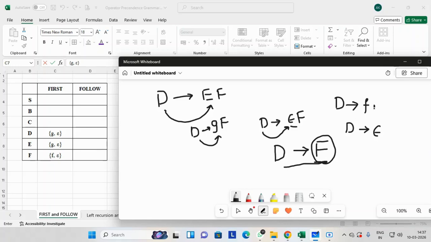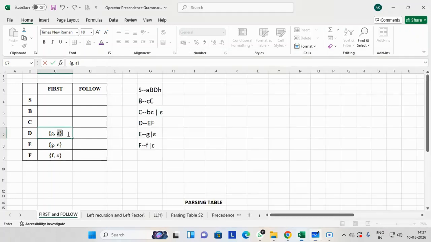Thus, I have D giving f as one production and D giving epsilon as the other production. Because of these new productions, first of D is f and epsilon, so I will add f and epsilon to my list.